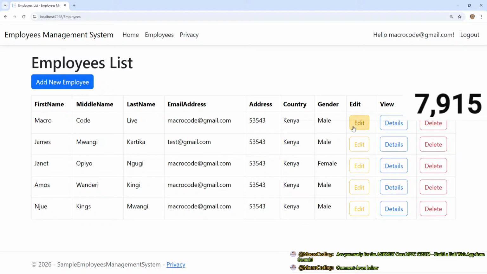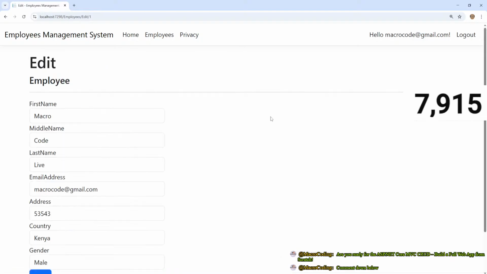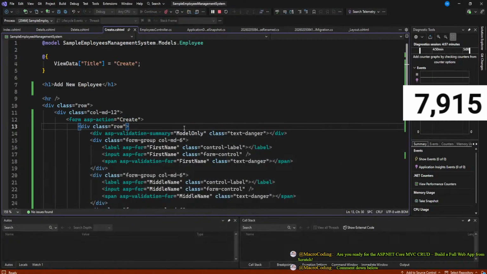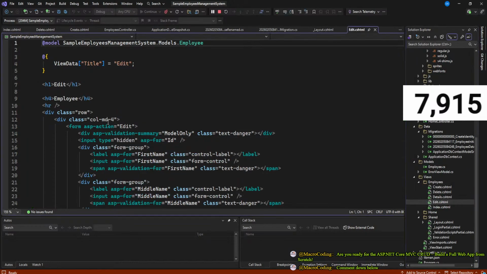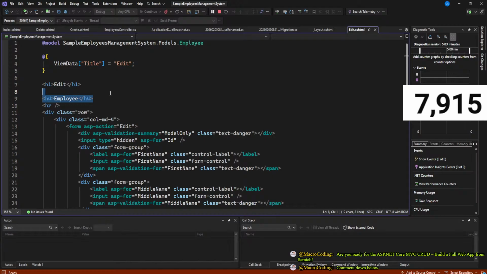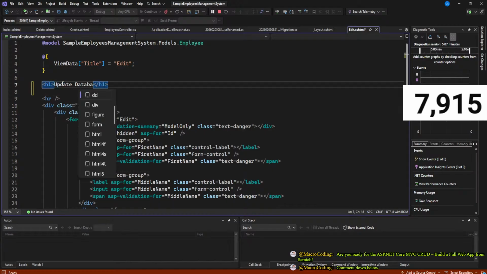Now, if we add, you see our button looks a bit okay. Now, I want us to change. So if we go to the list, we can say edit. We can see also the edit, we can align it. So let's go back to our edit screen. So this is edit. We can remove this and we can call this update employee